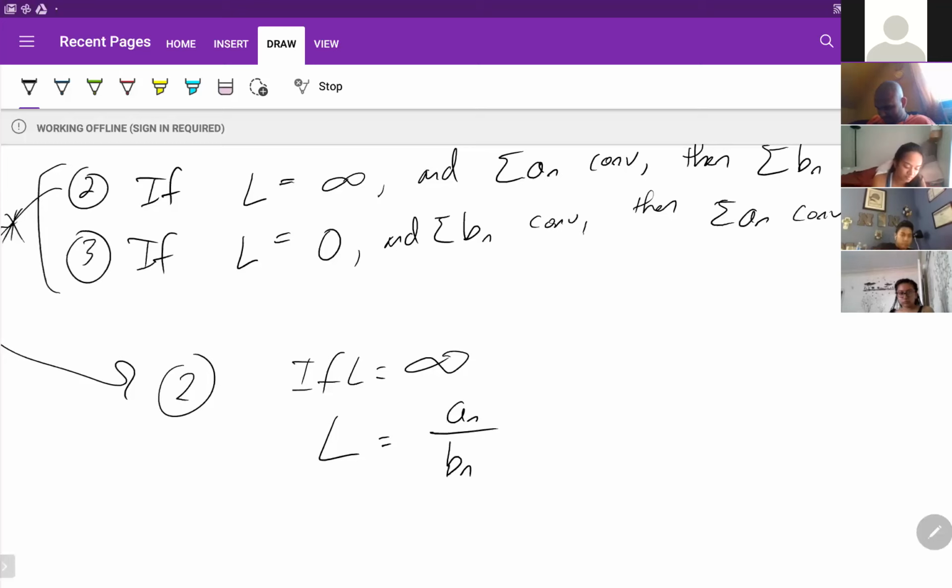So you guys see that? The top needs to grow faster than B sub n. That's the only way. So going back to the car thing, the only way for one car to be ahead of the other one is if they speed up and get ahead and constantly speed up while the other one doesn't speed up as fast. Am I making any sense here? Yeah. So the only way for L to be infinity is if A sub n grows much faster than B sub n. Or,